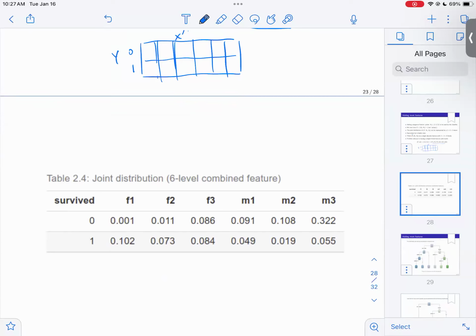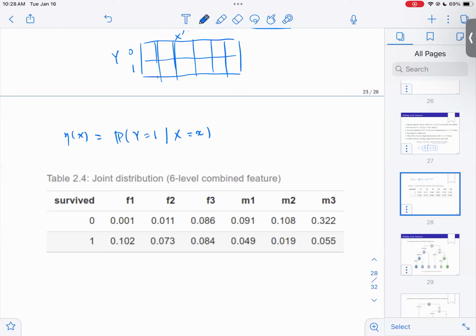So this is really easy to calculate. You go through all the training data and count how many have this response or target and this pair of features. So about like 1 in 1,000 and so on. So you get an estimate of the joint probability distribution. From this, you can calculate the probability of survival, y equal to 1 given that x is a particular value. So that would be the regression function in our case.